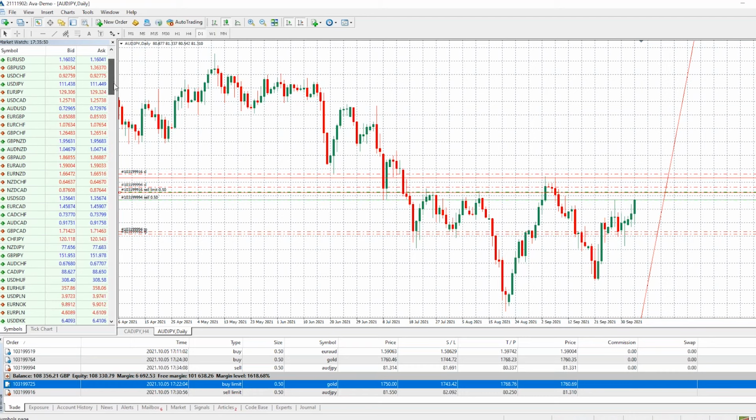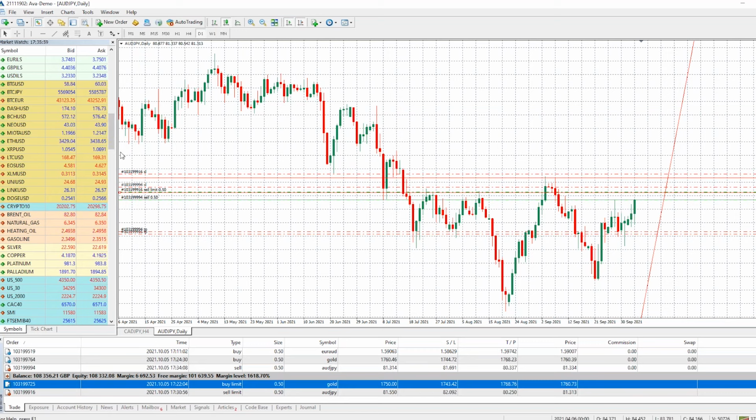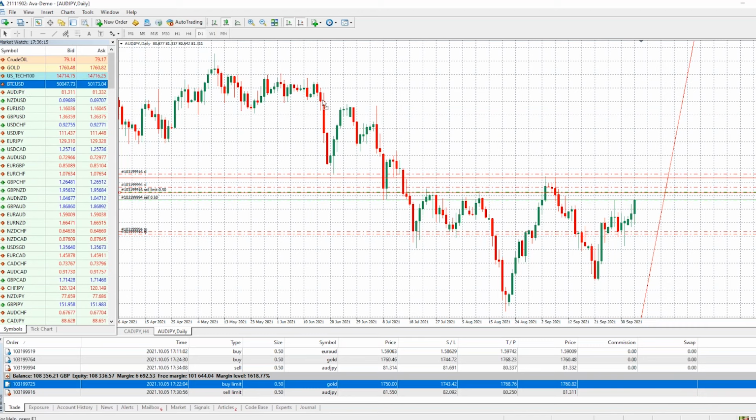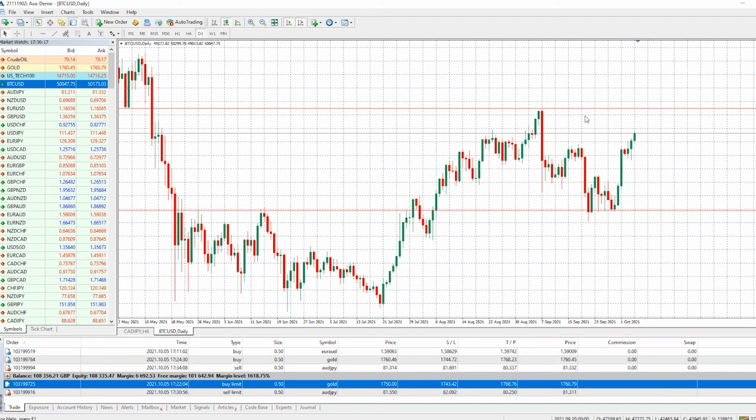I think it'll be interesting to take a look here at some cryptocurrencies, because there were some huge movements today. For those of you in an area of the world where you're able to trade on cryptocurrencies with us, there are some areas where the regulations don't allow it, like the UK and some other areas, but many of you do have cryptocurrencies available. So if I want to trade, let's say on Bitcoin, we could take a look and say,